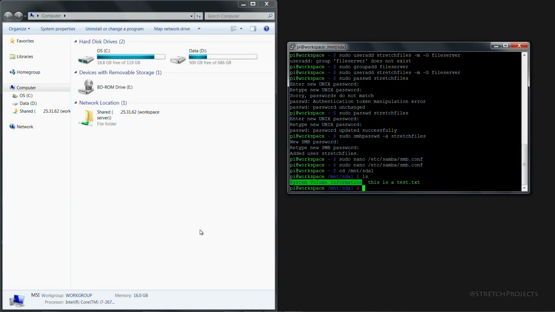Up until this point we've been using sudo apt-get to install all of our programs, but there are alternatives available. Over the next few videos we're going to take a look at a few of those different options,